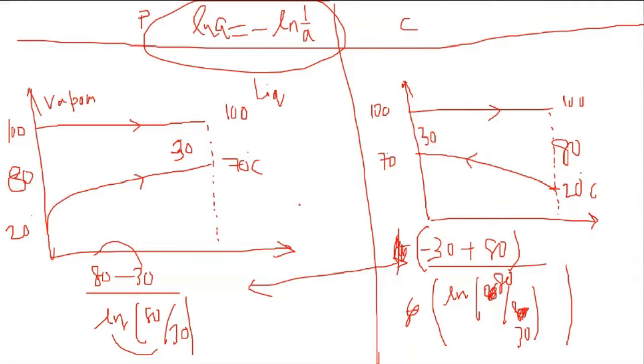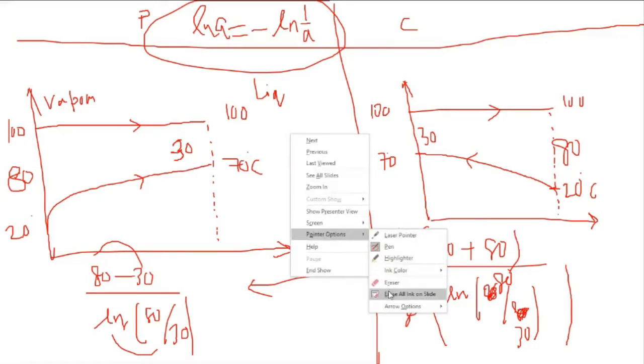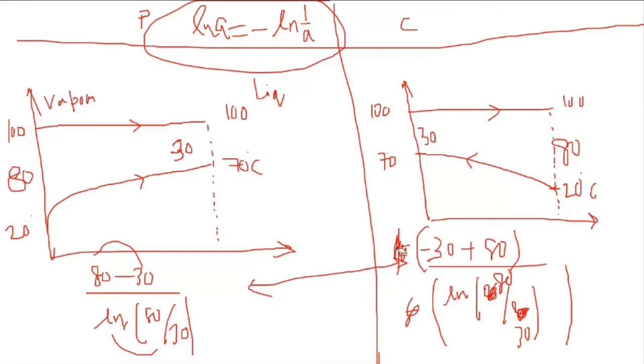But for the same area, generally, the temperature wouldn't be 70 in the second case. It would be lesser than 70, right? Sorry. The temperature change or the temperature gained by the cold fluid would be higher than just 50 degrees Celsius because of counter flow. No, it won't be. I'll just explain that point.